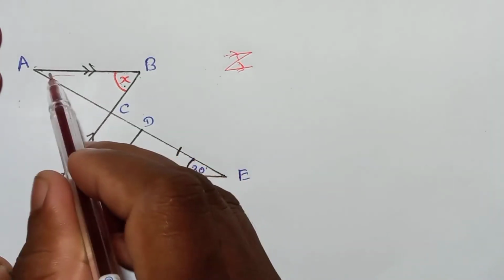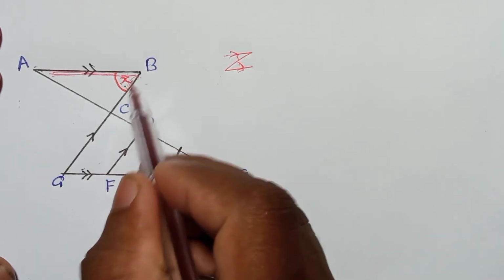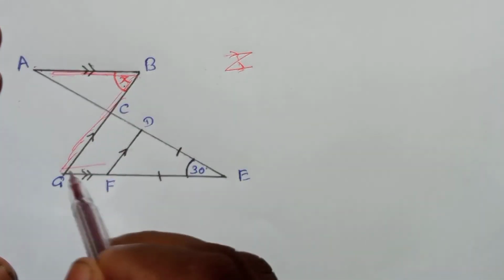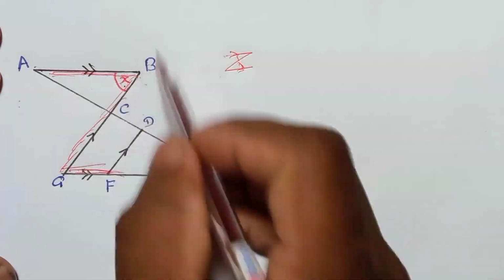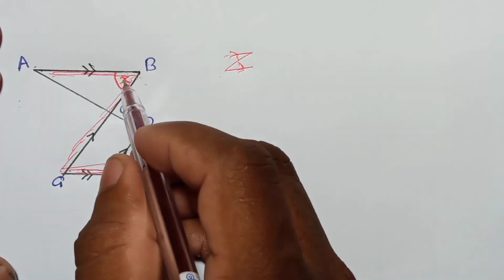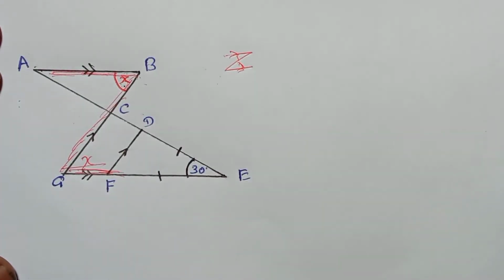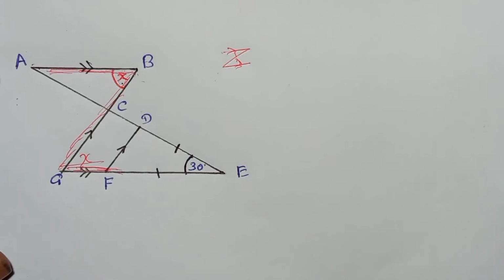Now if I draw it again in another color, look, it is like this: Z, Z. So that's why if this is x, this should be x. That's the first thing you need to understand, right? And then